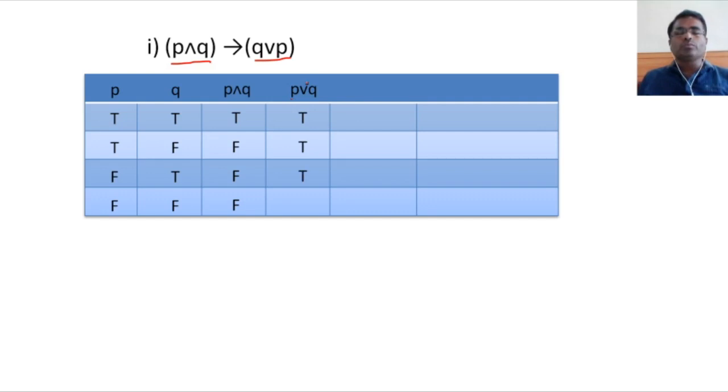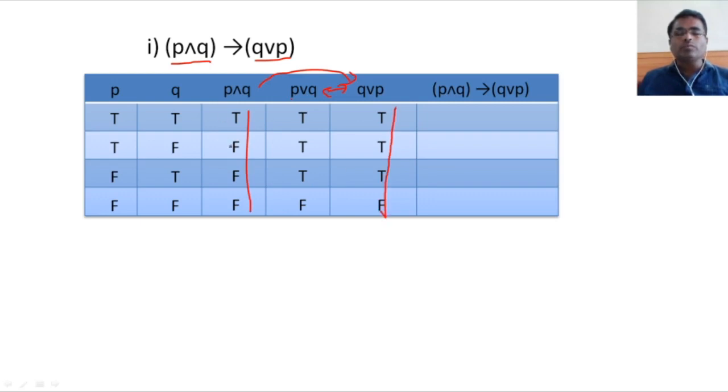So it is true, true, true, false. Then its opposite is nothing but the same, because this is a commutative statement. You can consider P or Q or P, same, therefore you have true, true, true, false. And now we have to consider this implies this. So if a true-false combination is there, you will observe that we need this implies this.